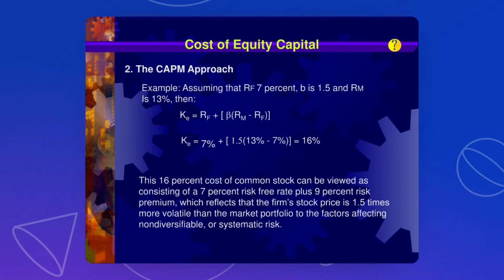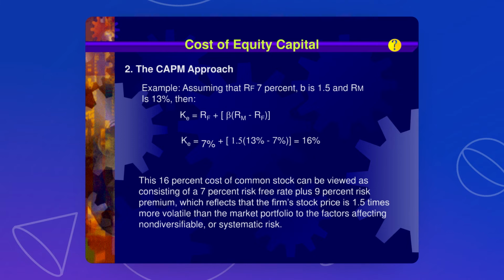So the answer here is 16%. This 16% is the cost of the common stock, which can be viewed as consisting of a 7% risk-free rate plus a 9% risk premium, which reflects that the firm's stock price is 1.5 times more volatile than the market portfolio. Again, in terms of your cost of equity,